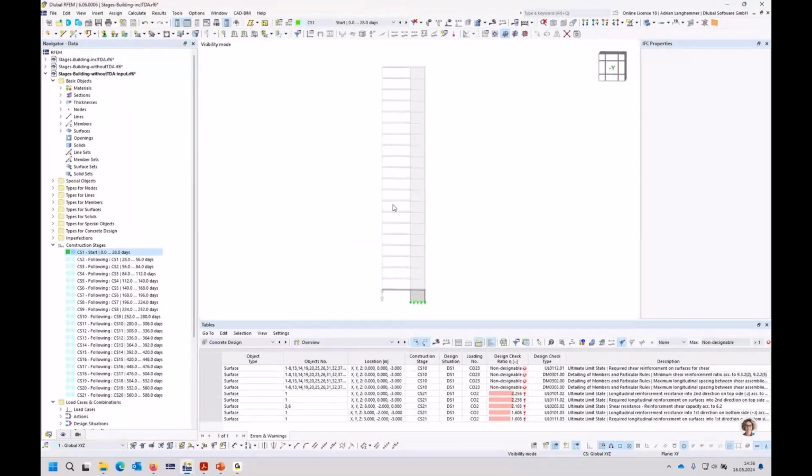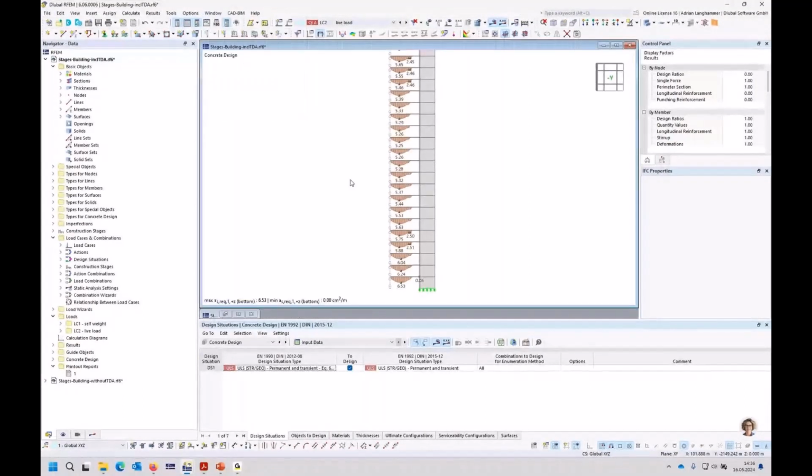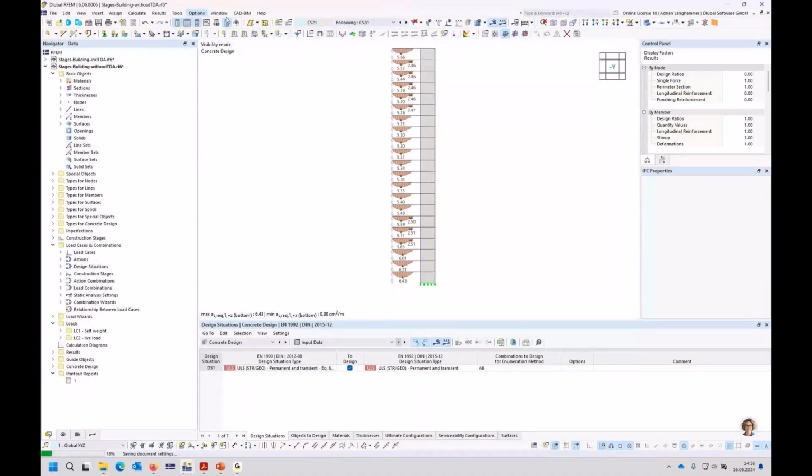And for this reason, I saved the structure before, after calculation, including the results. One time with the TDA and one time without the TDA. So we can have a look at both results, calculation with and without